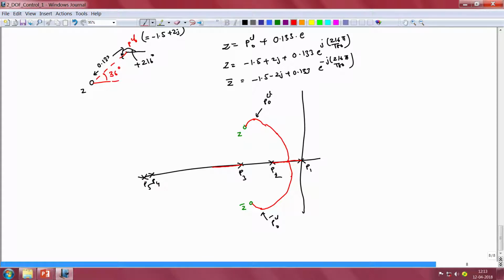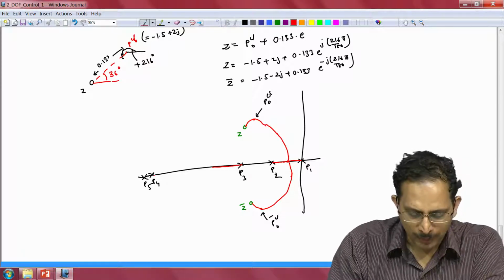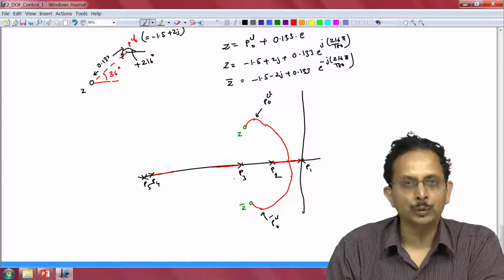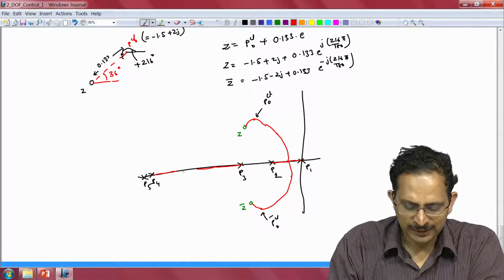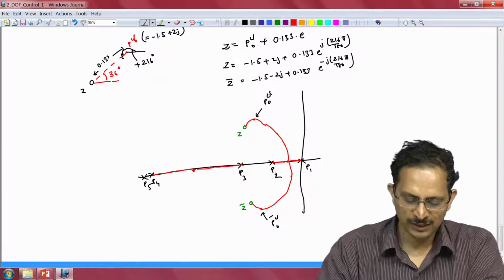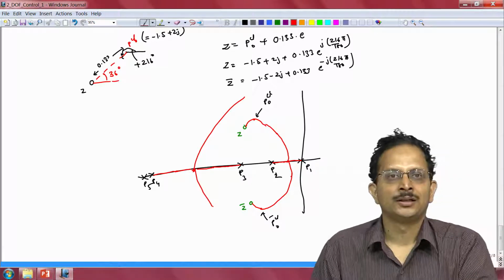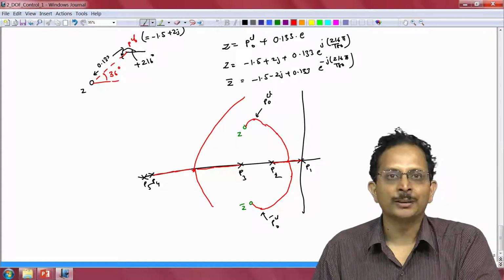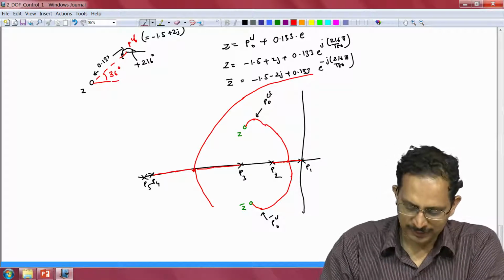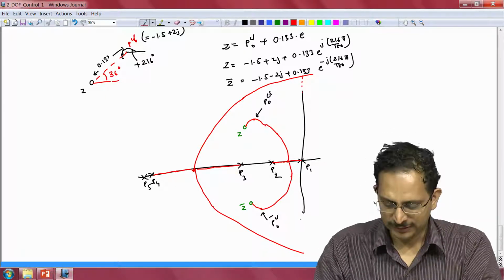Now since we have 2 poles P4 and P5, we would have one branch from this combination also heading off towards the pole P3, and these 2 branches are going to meet at some location on the real axis, and then they are going to have another breakaway, and these 2 branches have no zeros remaining for them to sink into, and therefore they break away and head away in this particular manner, and there will be a particular gain at which they cross the